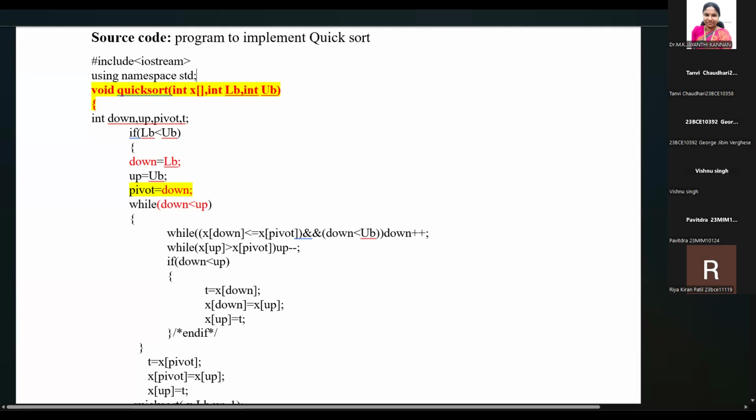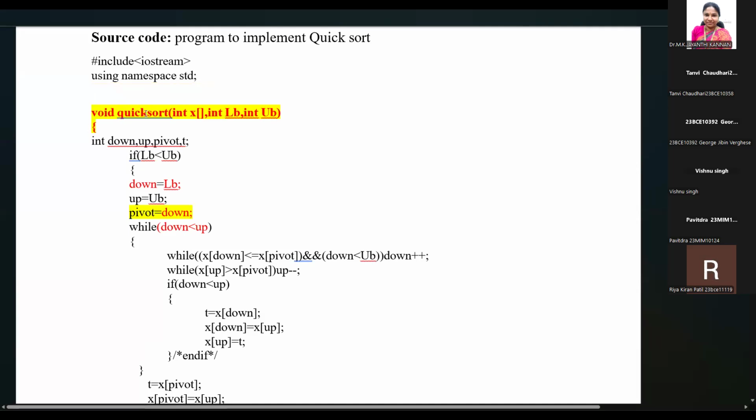So we have the function. Our function name is quicksort. We are passing the int x, where x is the array, and we are passing two more integer variables, int lb and int ub, where lb is the lower boundary and ub is the upper boundary. It means we are passing the array and the lower boundary, the lower index, the starting index of the array, and the final size of the array,